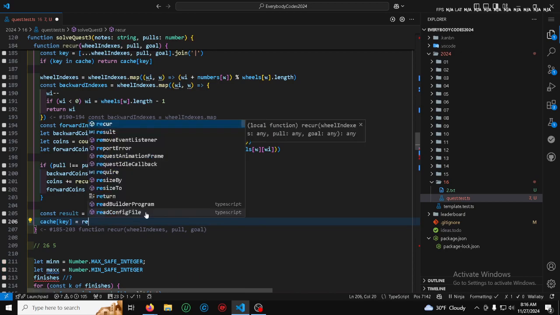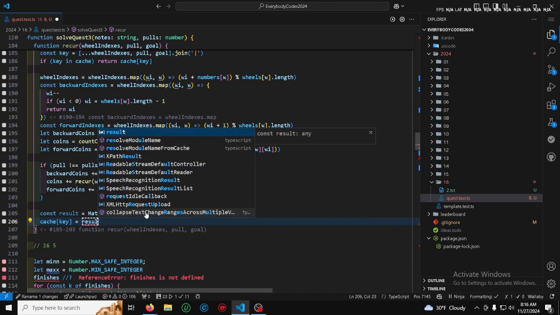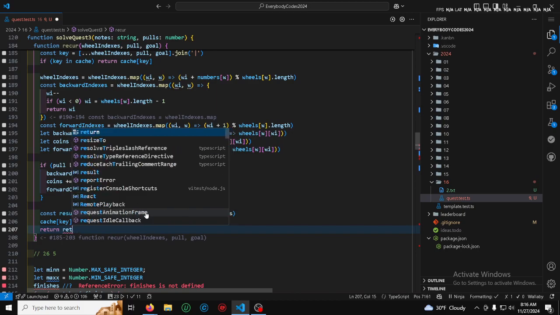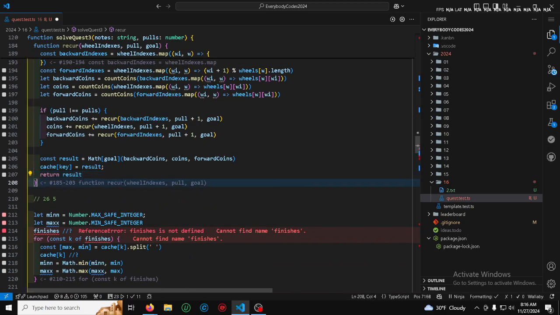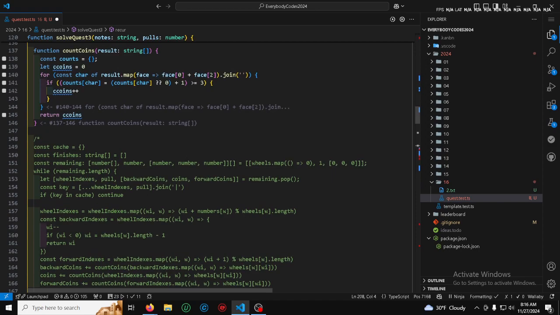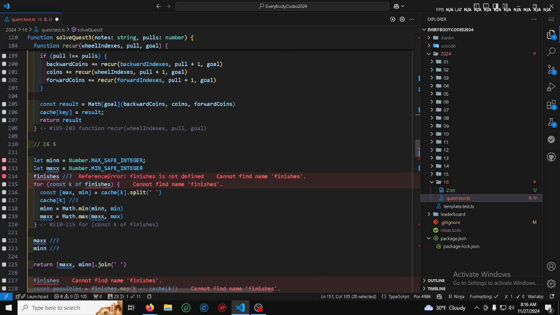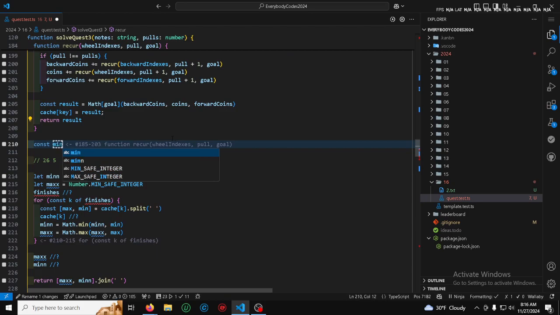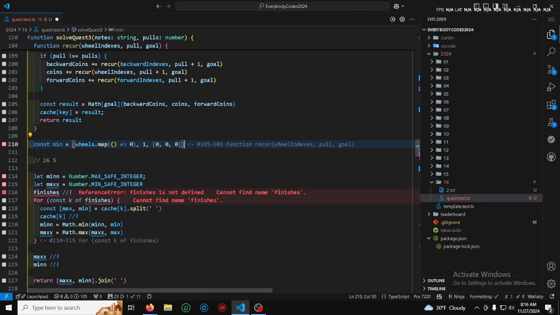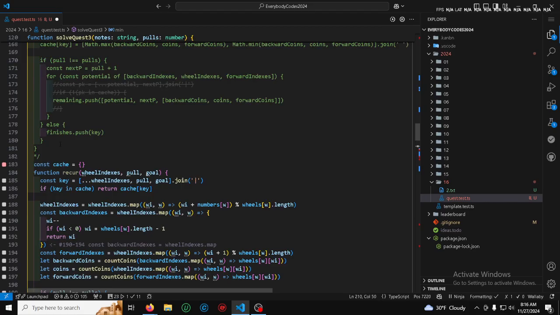Cache key equals result, and of course, old logical, return the result. Now, in theory, how do I start this off with the base call, which previously my base call was this. So something like this. I might just be able to return it, actually. So if I base call it with this,